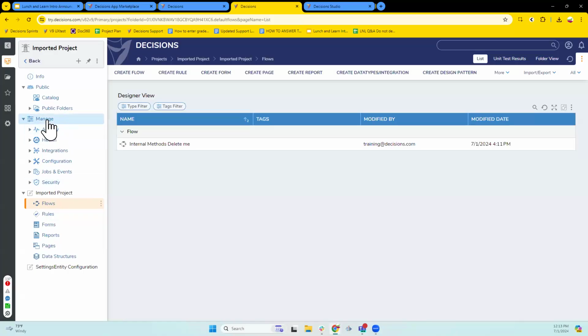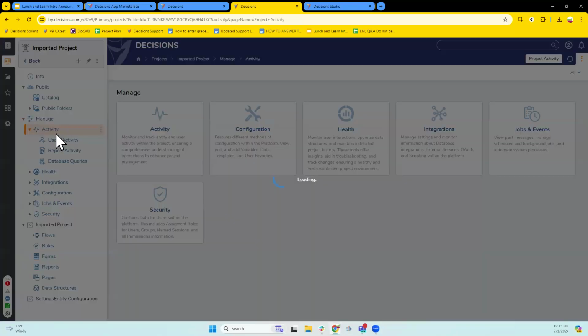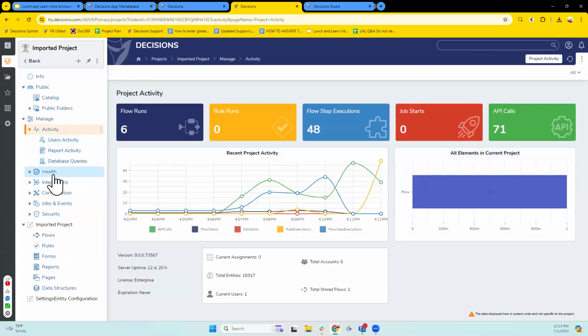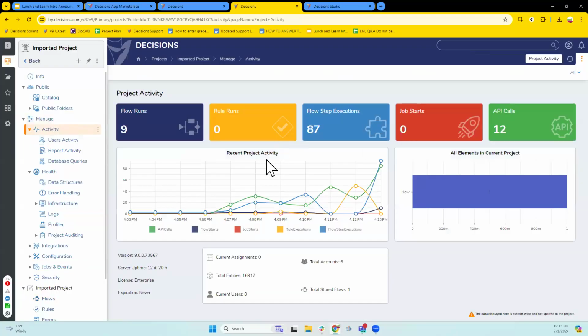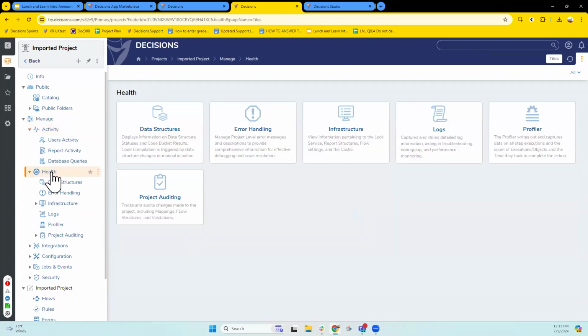Another thing we have here is through your manage, you have these scores, activities, you have health scores, and you can configure these things to tell you information that you might need to know. So on this particular project, it's been utilized today a lot more than it has been this morning. And for health scores,